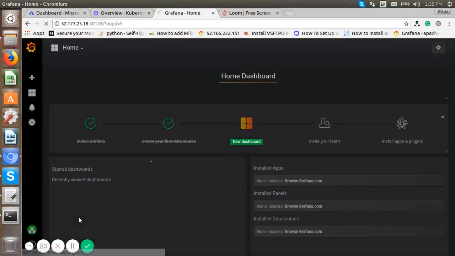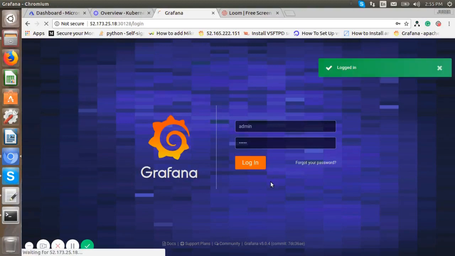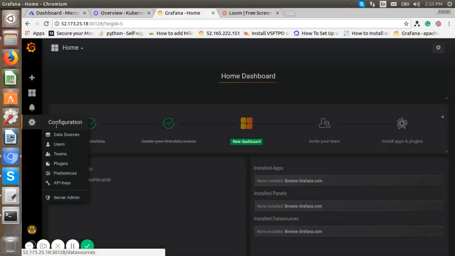Now sign out. Now remove that main organization. Log into the admin user. Here we can check whether the organization is switched or not.